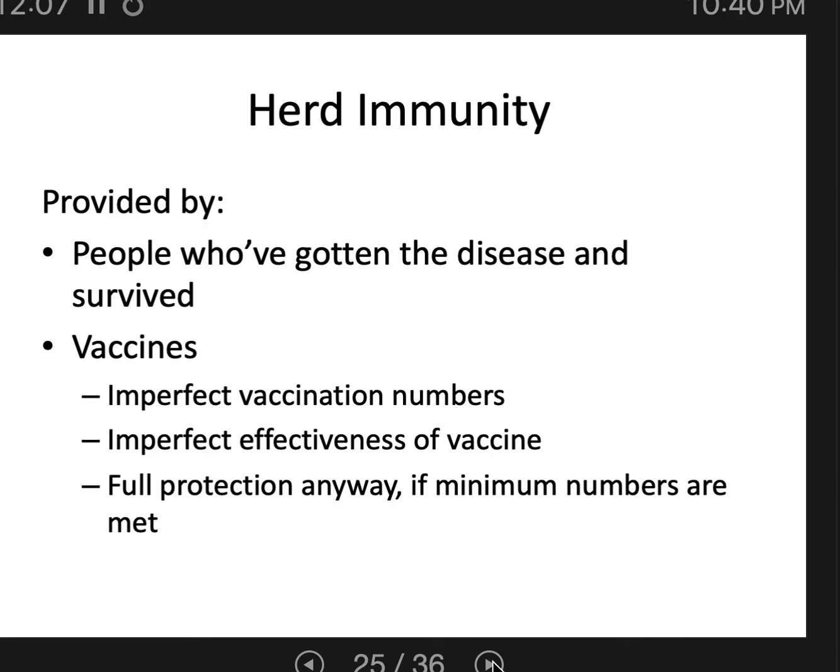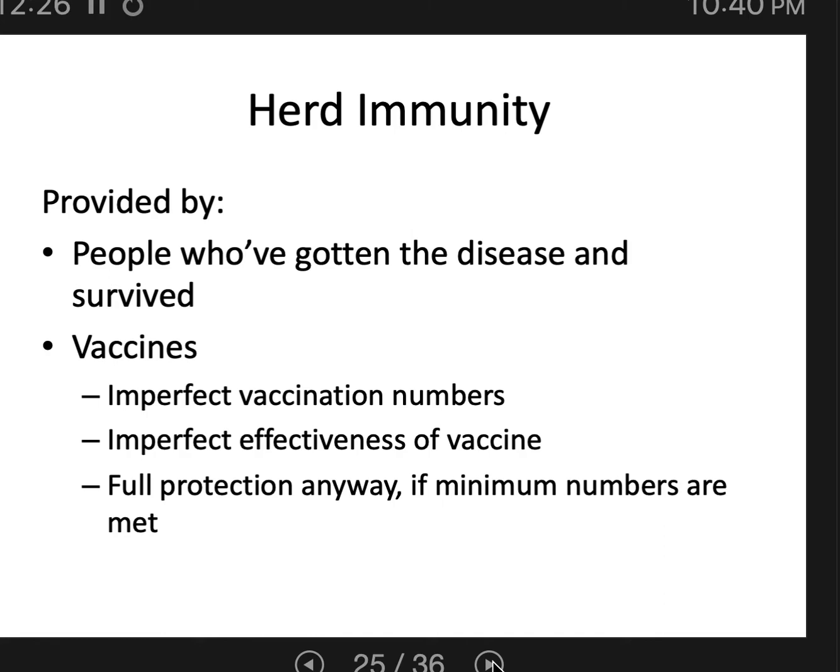So you can use the analogy of a fire break. With a fire break, you have a forest, you cut down a whole bunch of trees in a row, and so there's no trees in this one particular area. There's no way for the fire to spread across that fire break, right? And so immune individuals are sort of like a fire break to the spread of a disease.